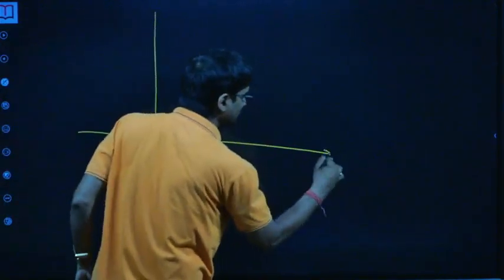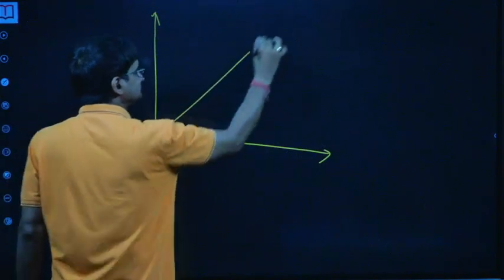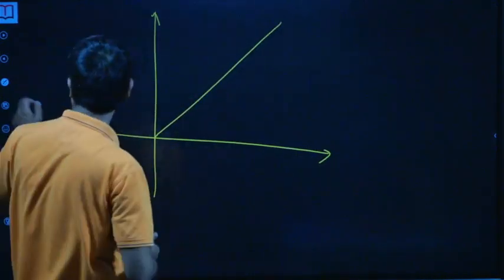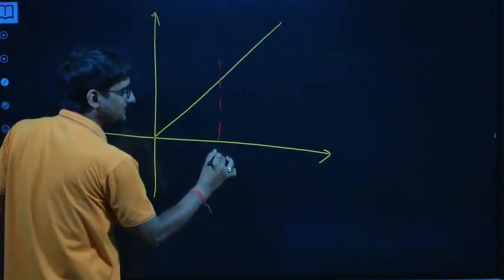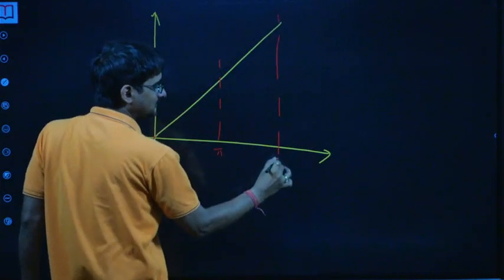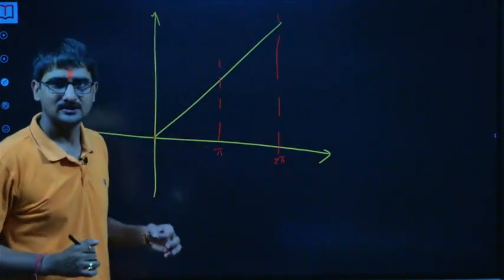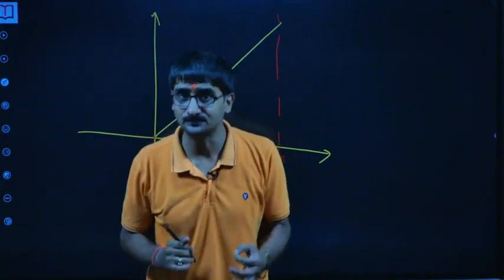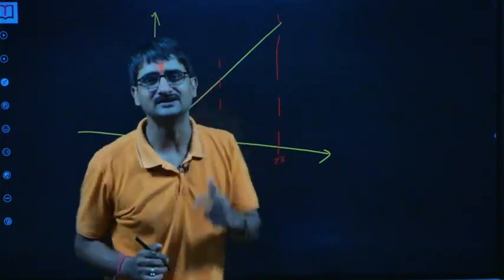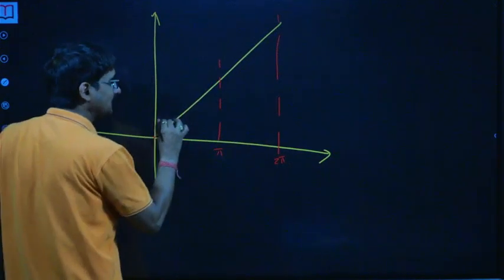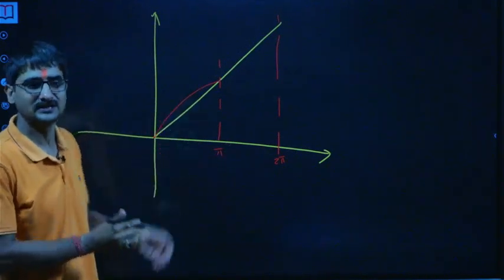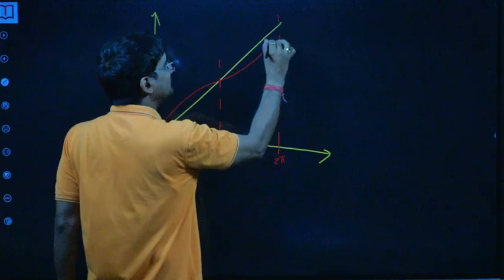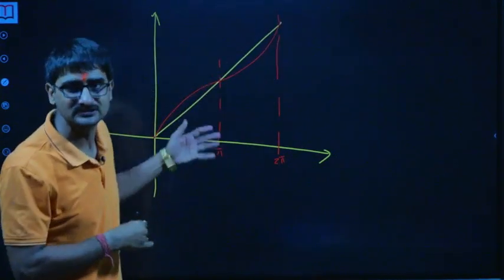Now if we go for the curve of y is equal to f(x) on the right side of the y-axis, how will it look? It starts from 0. At every multiple of pi, it will be x only, like f(pi) is pi, f(2 pi) will be 2 pi. Why? Because sine will be 0, and from 0 to pi, sin x is positive, so it will be above the line y is equal to x, and from pi to 2 pi it will be below. But in no case is it going to be negative.